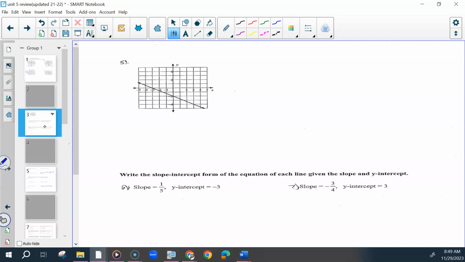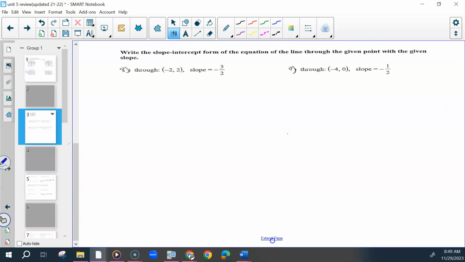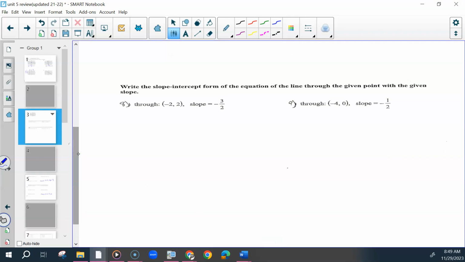Questions on this page? Number 8. So anytime it says write the slope intercept form of the equation of the line through the given point with the given slope or some format of that, you're using your point slope